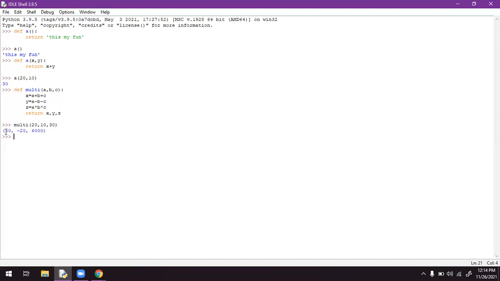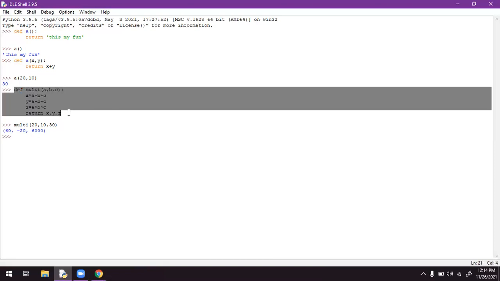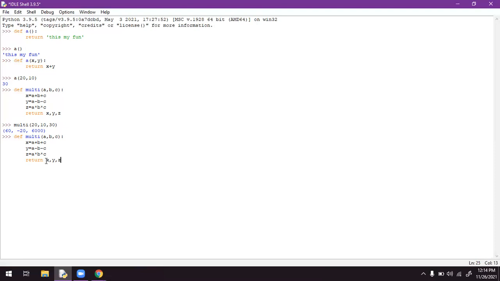This is for addition, this is for subtraction, minus 20, and this is for multiplication. Let me copy this with Control C and paste it. What I'm doing here is putting brackets.